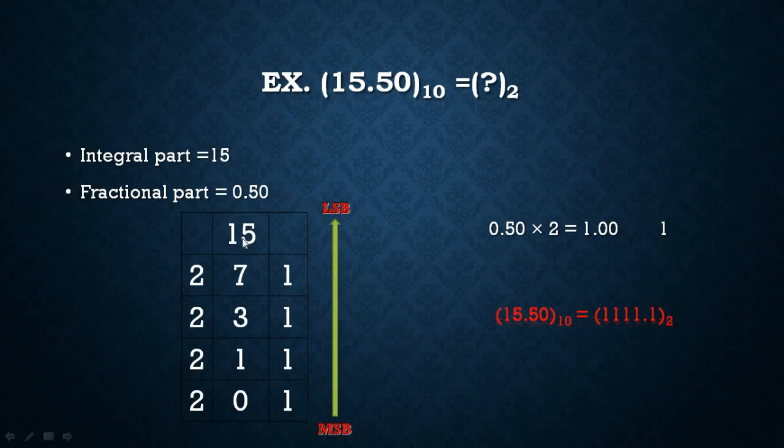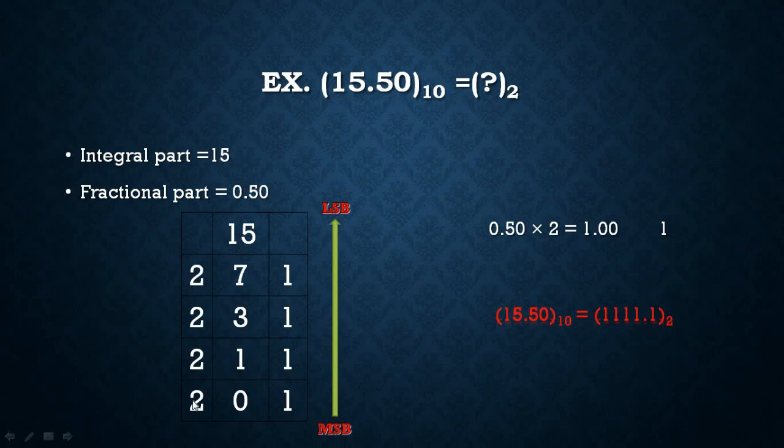So we divide 15 by 2. The quotient we consider is 15, and we divide by 2. We get the quotient 7 and remainder 1. Again a new quotient arrives, and again it is divided by 2. We get the new quotient 3 and remainder 1. Again this 3 is divided by 2. We get the quotient 1 and remainder 1.